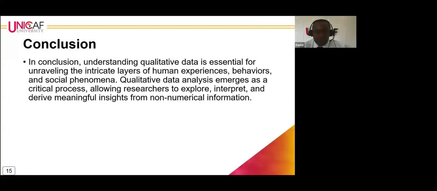In conclusion, I would say understanding qualitative data is essential for unraveling the intricate layers of human experiences, behaviors, and social phenomena. Qualitative data analysis emerges as a critical process, allowing researchers to explore, interpret, and derive meaningful insights from